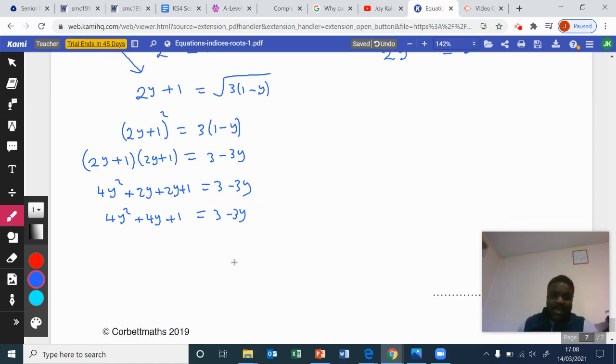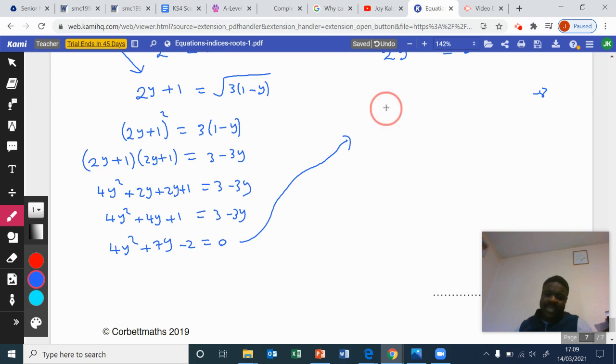Okay, then taking away 3 and adding 3y to both sides, we get 4y squared plus 7y, because we're adding 3y, minus 2, because we're taking away 3, is equal to 0. And we've got an equation that looks like it could be factorized. If we take the coefficient of y squared, which is 4, multiplied by minus 2, we get minus 8. Then two numbers that multiply to give minus 8, but add to give 7, well, that's going to be, let's think, 8 and minus 1. I'm going to use my ultimate factorization hack. Watch that video if you haven't done so already. And that's going to be